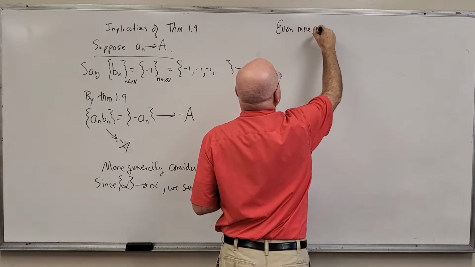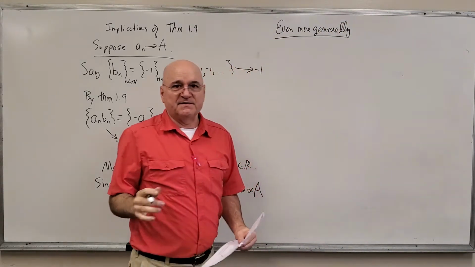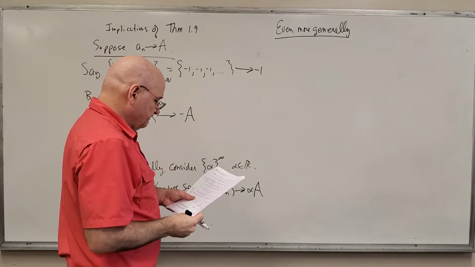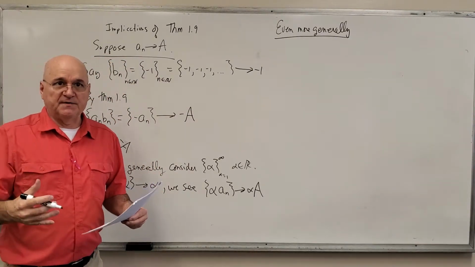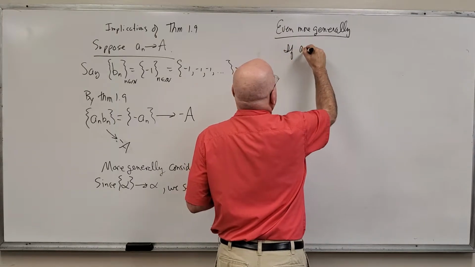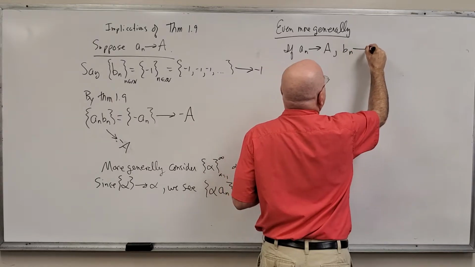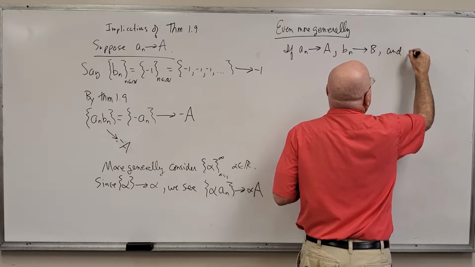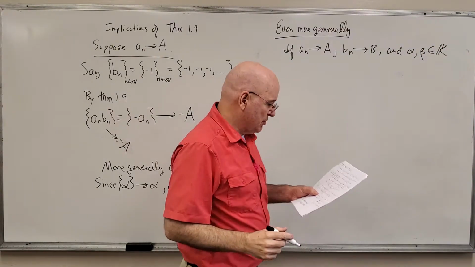Even more generally, this I should write as a theorem. This is something you should memorize. It's the generalization of many of our arithmetic on sequence theorems. More generally, if an converges to the real number a, and bn converges to the real number b, and alpha and beta are any two real numbers,